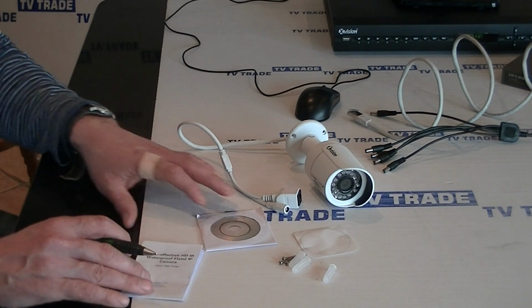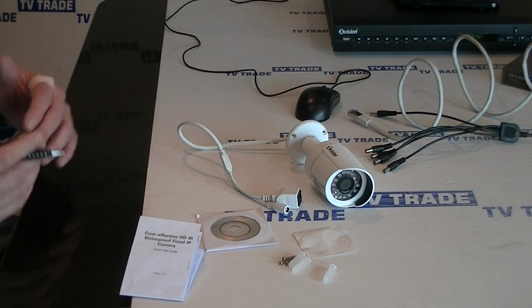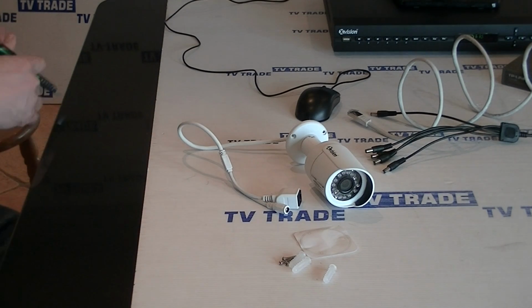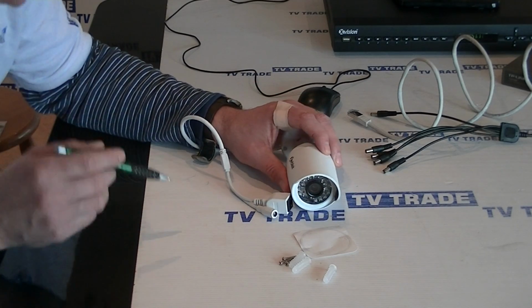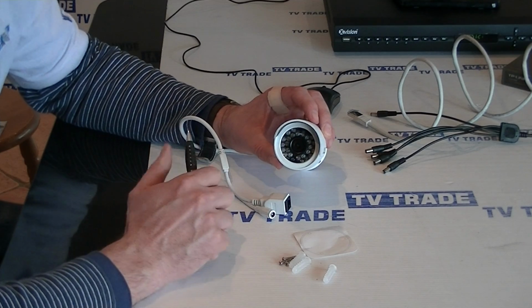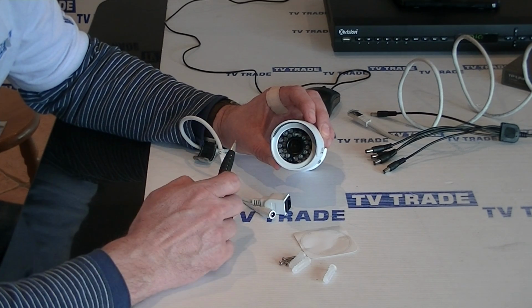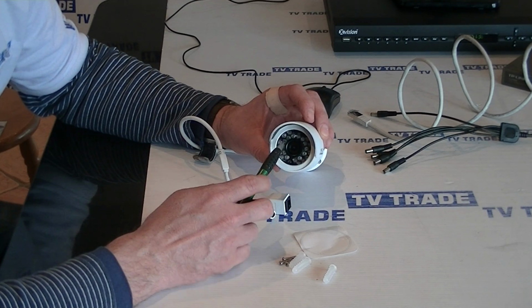And then there's this CD which contains both the software and also the user manual for the actual IP camera itself. Okay, let's just move these briefly out of the way again. So we'll move on to the main show here, which is the camera itself. So the first thing to note, it comes with a 3.6 millimeter lens. The viewing angle on it is 78 degrees,